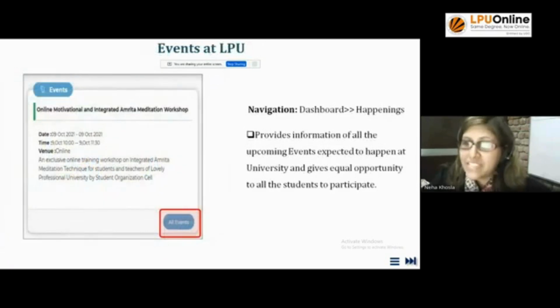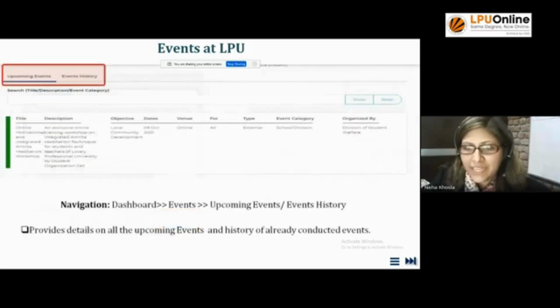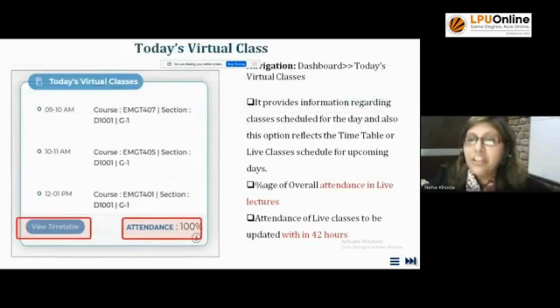देन अनदर इज इवेंट्स एट एलपीयू, जितने भी इवेंट्स होंगे वो इस सेक्शन में आपको विजिबल रहेंगे, जहां पे आपको अगर किसी को ज्वाइन करना है वो फर्दर अनाउंसमेंट्स आपको आएंगी। ये पूरी यूनिवर्सिटी के जो इवेंट्स रहेंगे वो इस सेक्शन में विजिबल रहेंगे। फर्दर यू कैन ऑल्सो वॉच द हिस्ट्री ऑफ योर इवेंट्स या अपकमिंग इवेंट्स यहाँ से चेक कर सकते हो। आप पार्टिसिपेट करना चाहते हो तो उसके लिए जो भी आपको अनाउंसमेंट्स आएंगी तो यू कैन ऑल्सो पार्टिसिपेट इन दोज इवेंट्स।